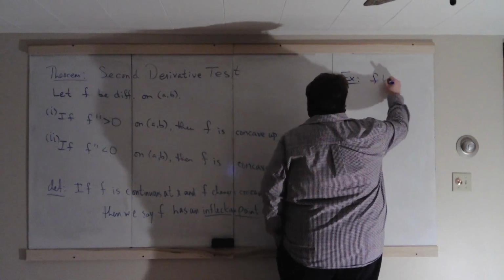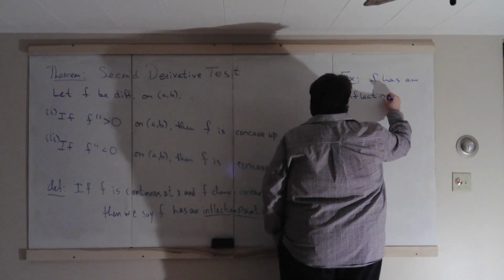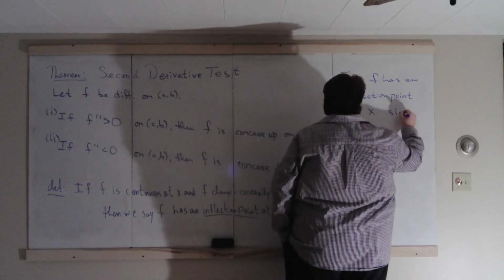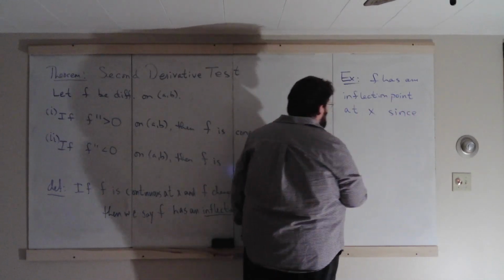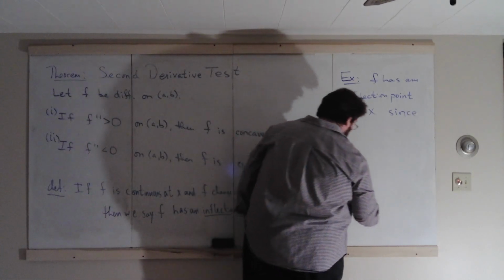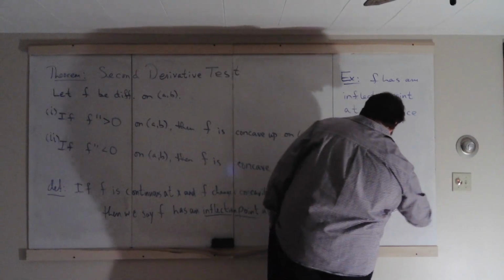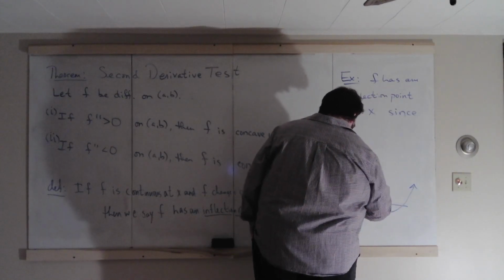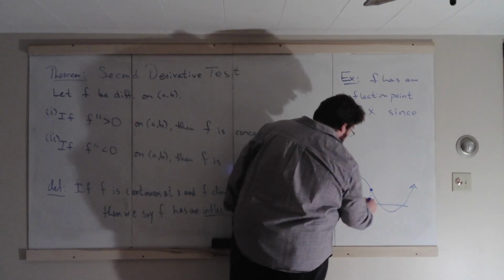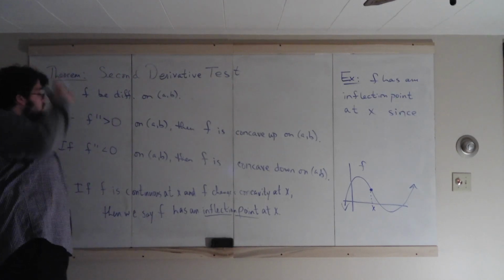So f has an inflection point at x since, what? Well, I need to give you a graph. So I'm going to finish this thought here and draw the graph down here. How do I want this to look? Let's make it look like this. So x will be somewhere in here. We'll call it f. So an inflection point occurs where concavity changes. So right here,